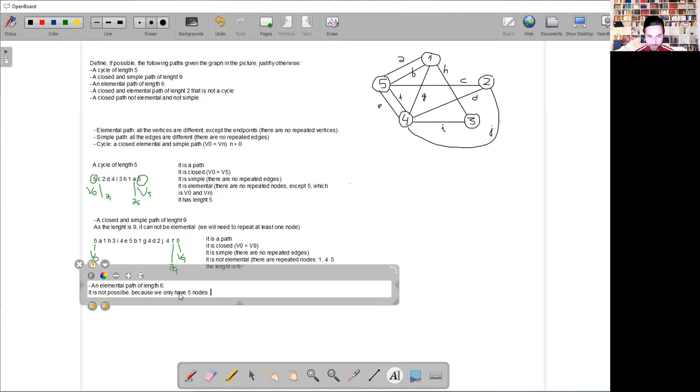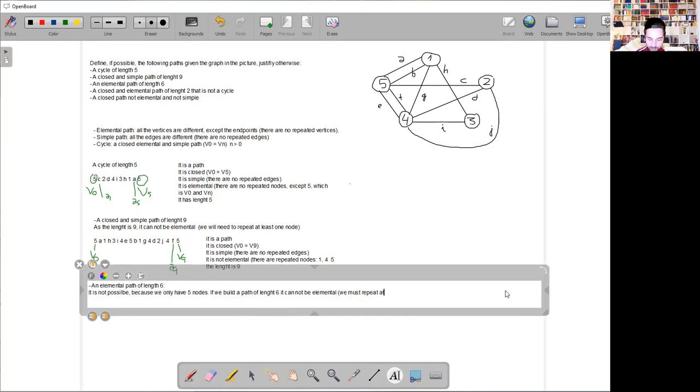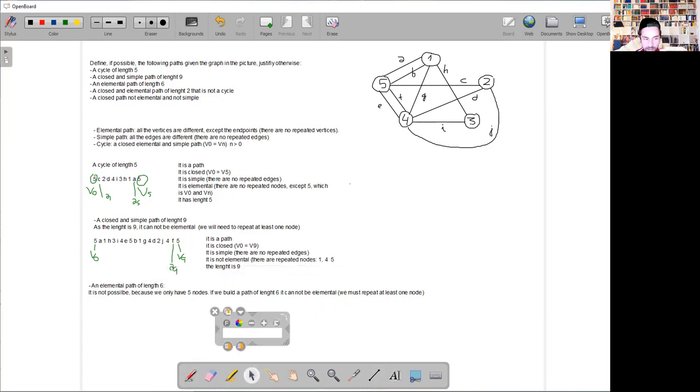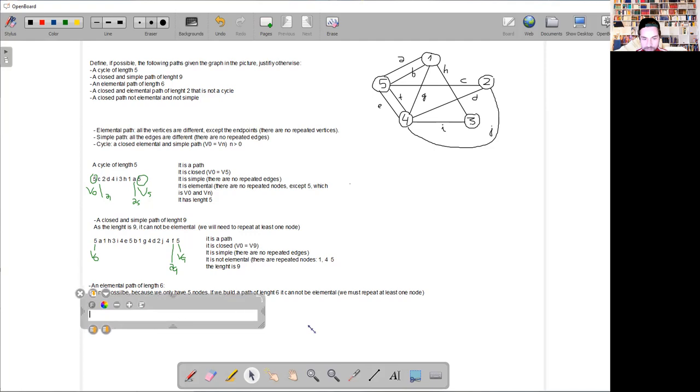So if we build a path, let's say a path of length 6, it cannot be elemental, right? We must repeat at least one node. Right, so this is the answer. Okay, let's go to the next one,